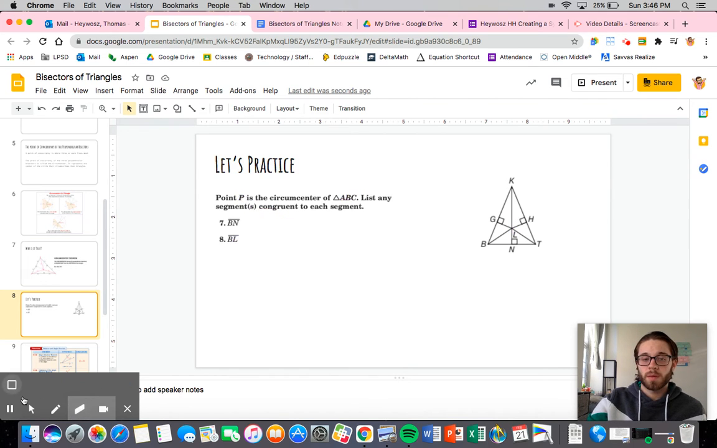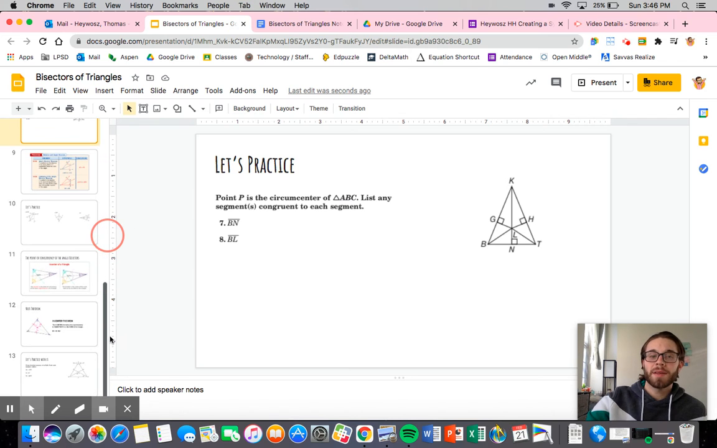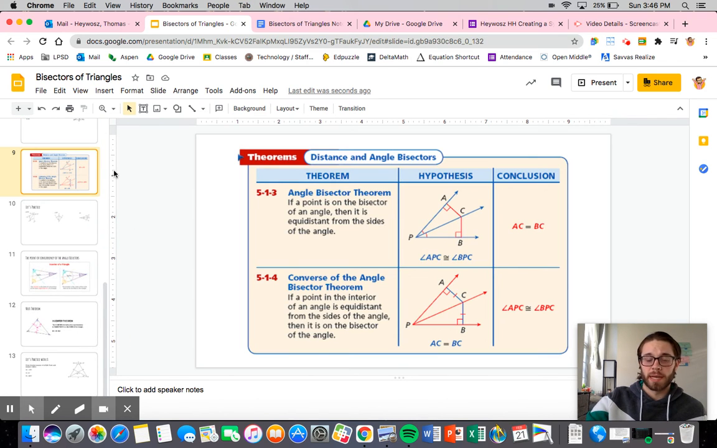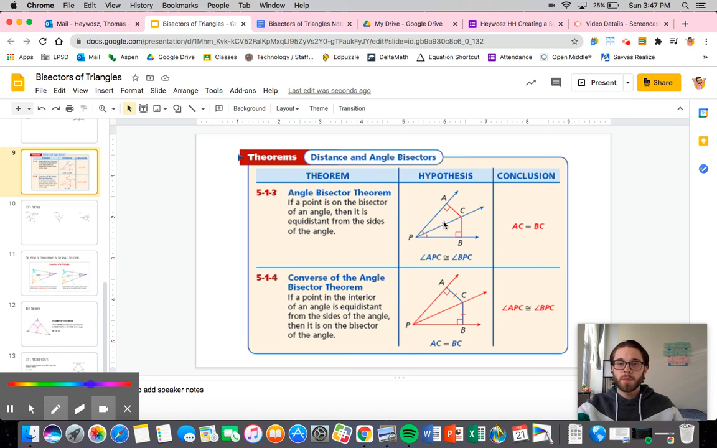Okay, so let's move on to the next bisector, the angle bisector. Now this is very similar to what we just looked at. So we have the angle bisector theorem, which says if I have a point on an angle bisector, and the angle bisector, mind you, just cuts the angle in half, so this part's congruent to this part. If I pick any point on that angle bisector, it could be this point, it could be this point, doesn't matter, and I drew a line